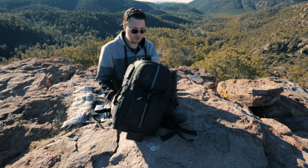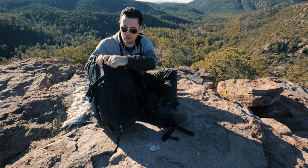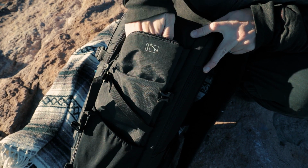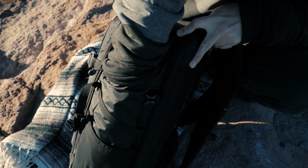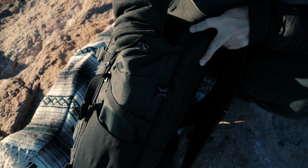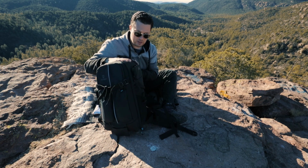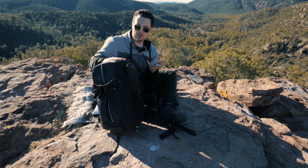And then lastly on the side, it's got this pouch here, which this also goes all the way down. So that's really handy if you have like longer shotgun microphones. They even have a little picture of a shotgun microphone or a little picture of a monopod if you want to slip that in there. That's kind of cool. I haven't really used it for anything,